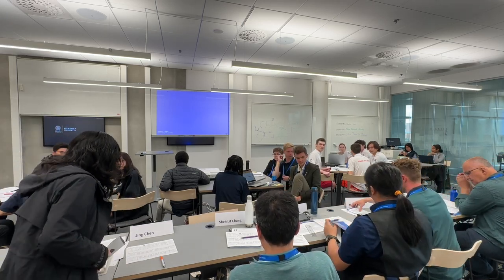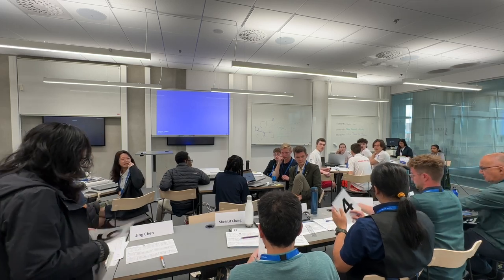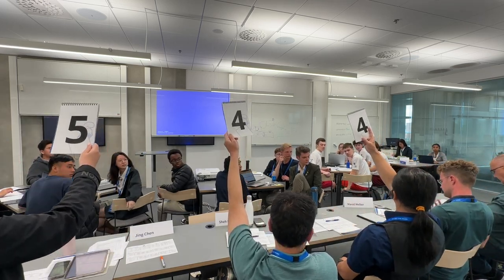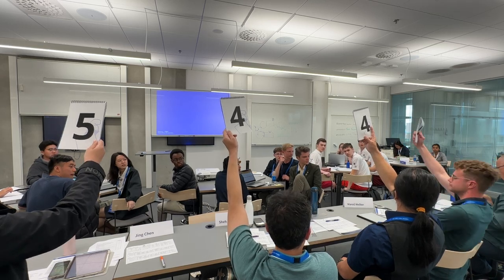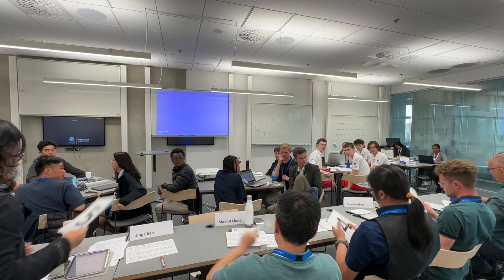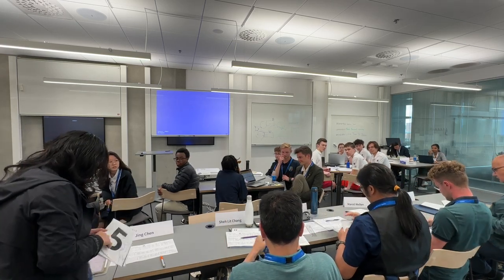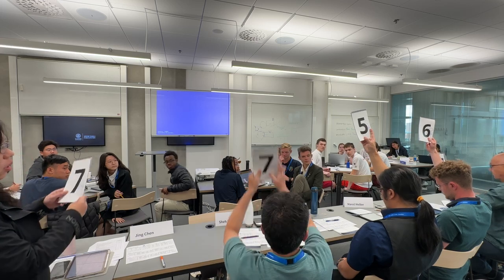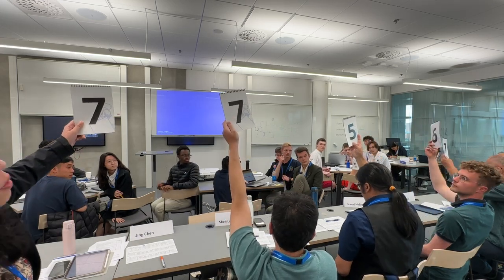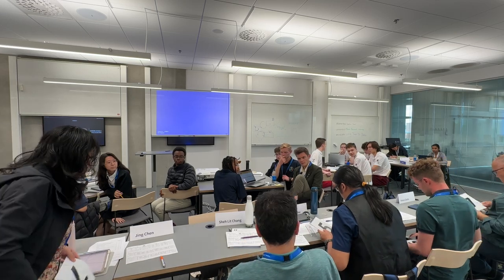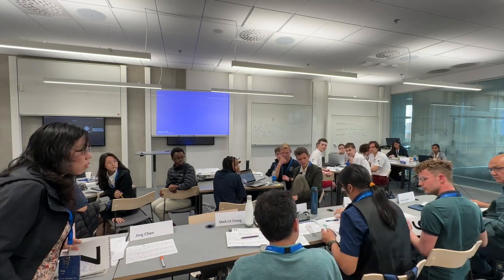Let's show the scores for the reporter. It's 5, 4. Once again, it's 5, 4, 4, 4, and 3. And for the opponent, it's 7, 7, 5, 6, and 7. For the reviewer,